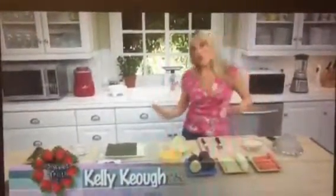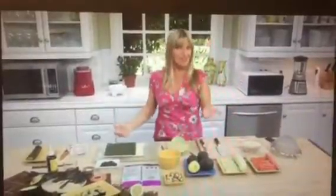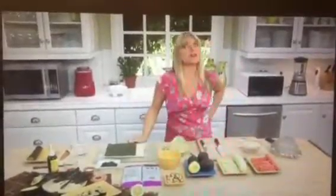All right, by now we've figured out that there's no magic formula to losing weight and keeping it off, but you can tip the scale in your favor by being balanced in your eating and exercise habits. I say habits because you need to perform them on a daily basis, like a ritual. Every morning I get up, I food journal to gauge how many nutrient-dense calories I'm going to consume for the